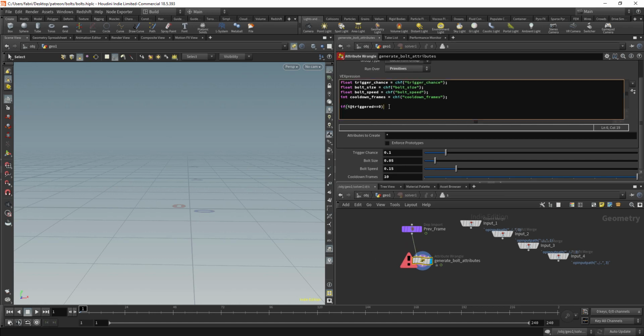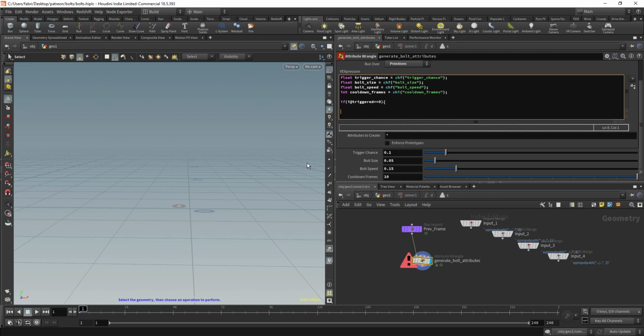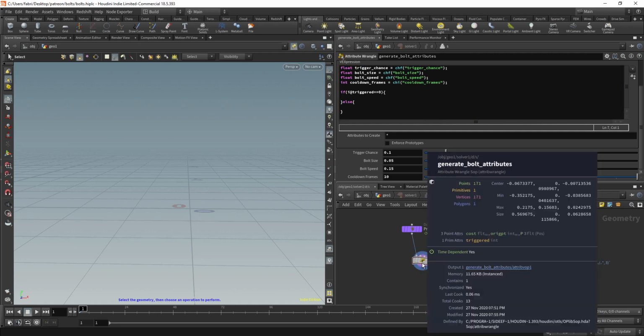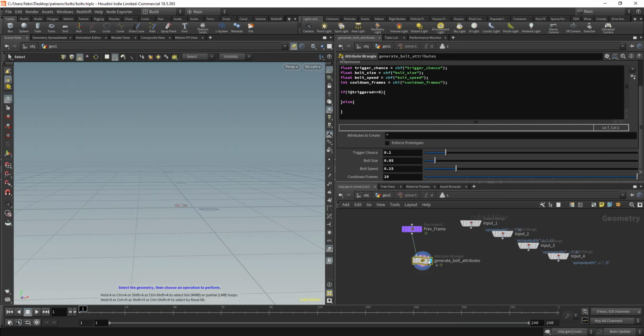And we have an error here, that's because we don't finish the line here. So let's start with a single primitive, and what I want to do is if we don't have anything triggered just yet, then we'll do something else. Okay, so we are getting an error here. That's because, no, actually we don't have that anymore. Okay, good. So let's say if we don't have anything triggered yet, then we need to check if we should trigger,